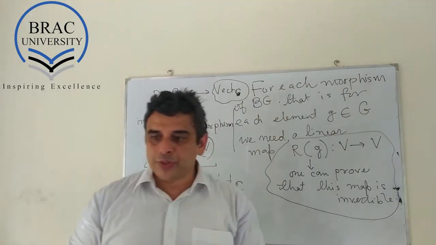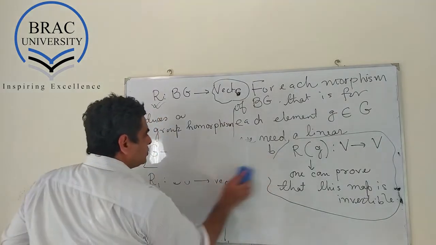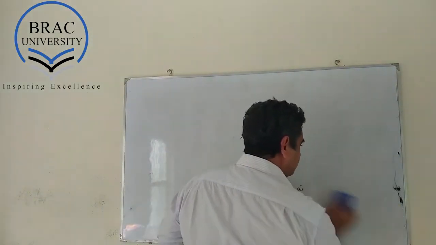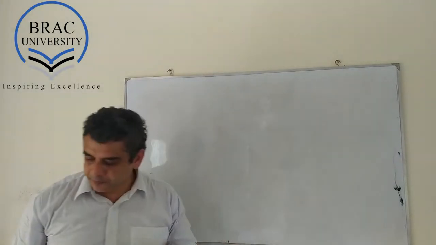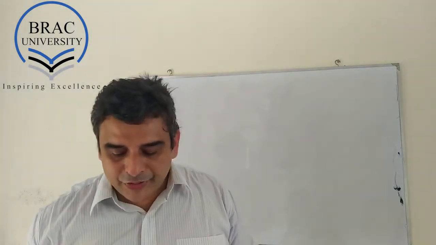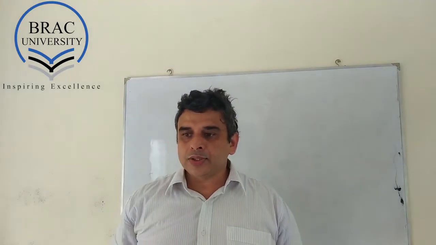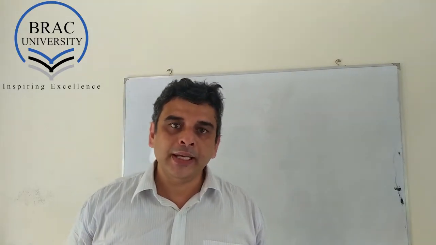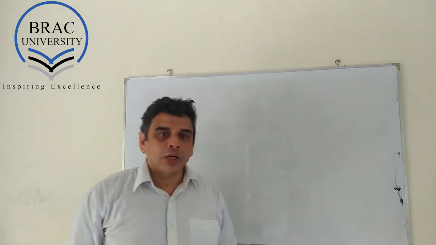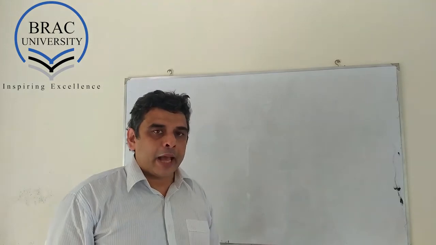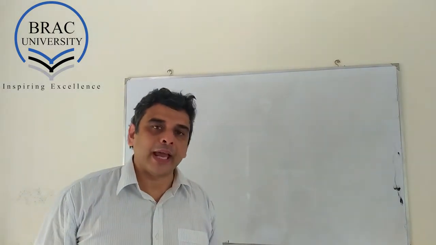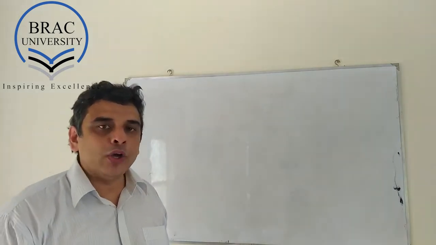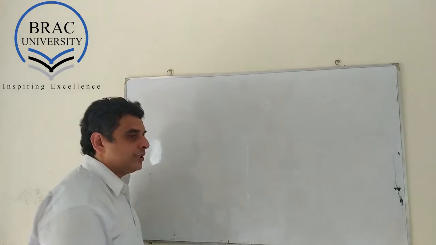So let me summarize what we did in this first lecture. The first lecture is about how we translate our known ideas of mathematical stuff into a new language, a universal language, so to say, of category theory. For this, we defined an abstract group first, then we gave the definition of a category, following which we showed how to construct the delooping of a group, which is of course a category,